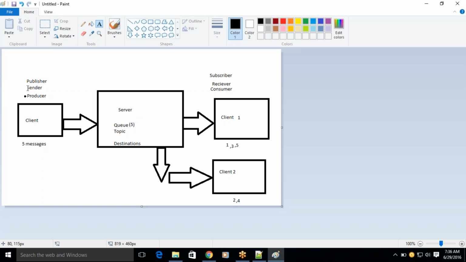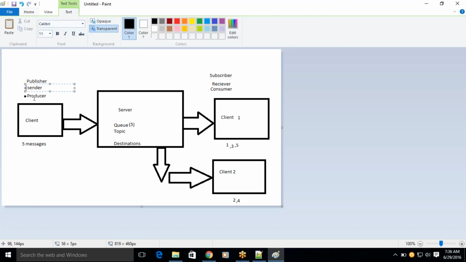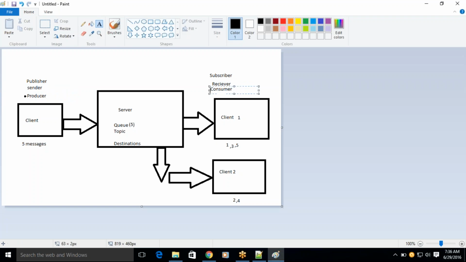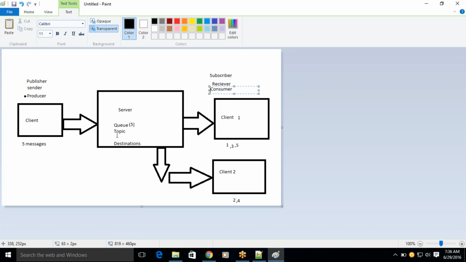communication, you can say the clients, we can say either sender or producer, and the other one is the receiver. Whoever receives the message, you can call it a receiver or consumer. If instead of using a queue you are using a topic, you will call it a publisher and subscriber. So in a queue, at any point of time only one message would be delivered to one consumer